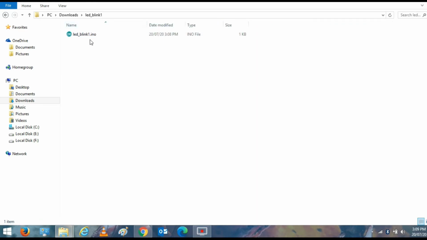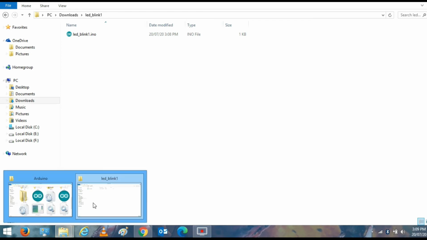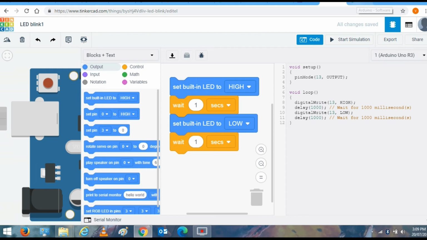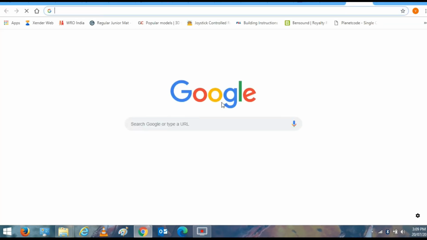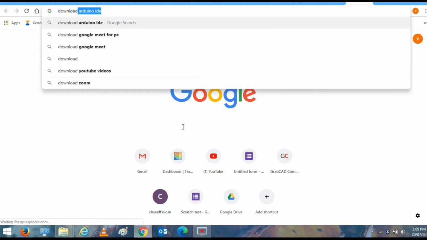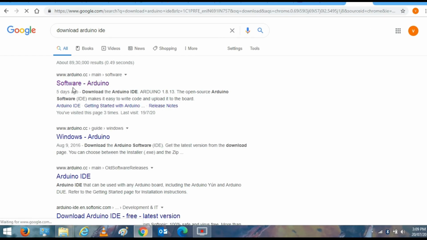Okay, now this file can be opened in my PC, but maybe in your PC, if you don't have this Arduino software, then you can't open this. So first you have to download this Arduino IDE software. So on Google Chrome, write download Arduino IDE software, and the first website you will see will be arduino.cc. So click on this,